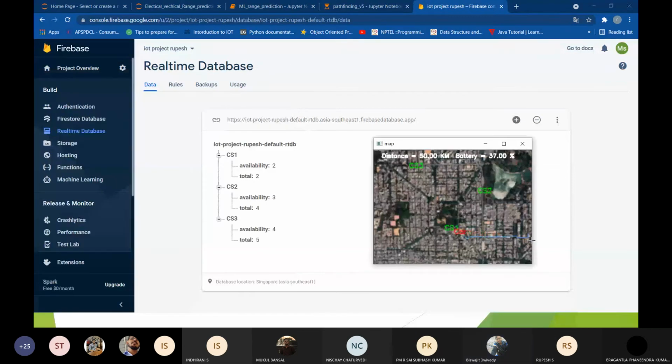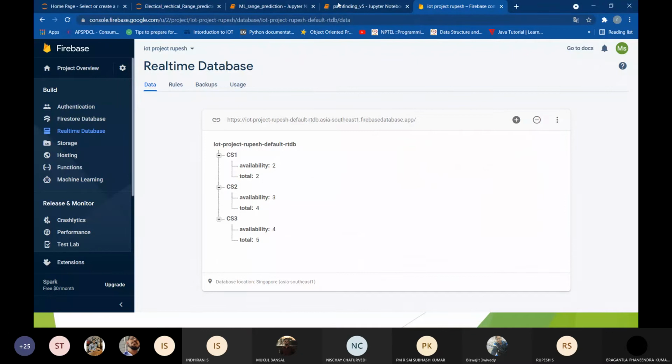You can see it started at the initial point and went to charging station 1. Here the availability decreased from 2 to 1. So it's updating automatically, and you can see the battery percentage update here. Until it reaches 100%, it will stay there, and as soon as it leaves, the availability changes to 2 again, and it slowly goes towards its destination, sir. It doesn't need another charging station to reach the destination. One charge is enough to reach the destination safely without any breakdowns in the middle. So that's what we did, sir.